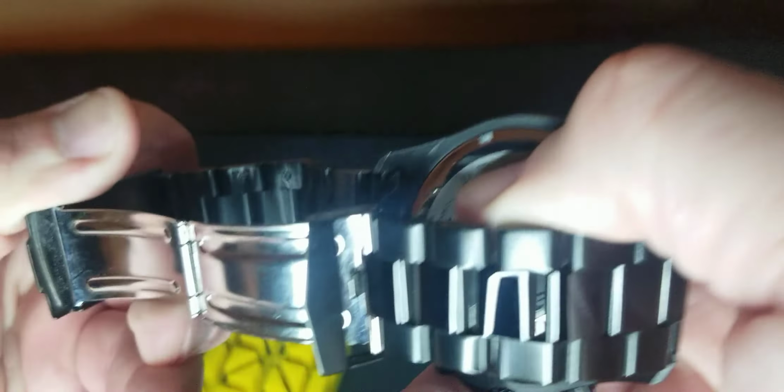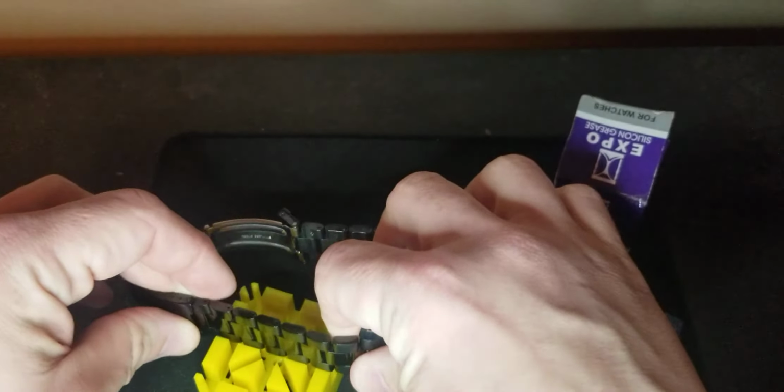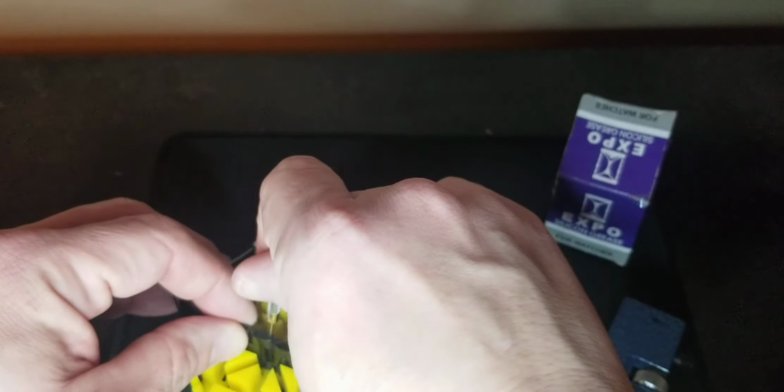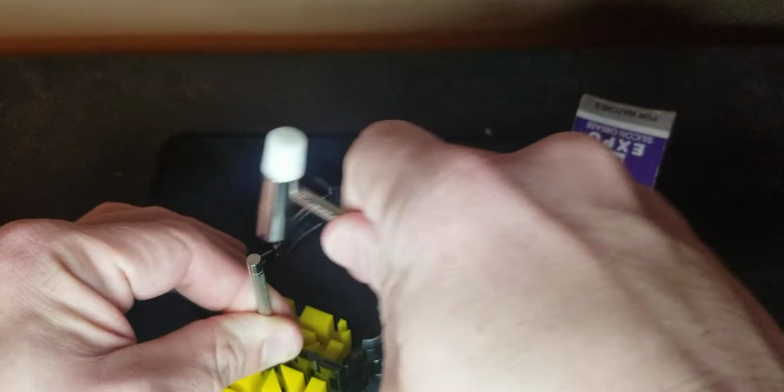But of course, like always, you got to remove the pins. Like I told you, you can see right there the arrow, so that's the way the pins come out. So you want to put it down like that. Yeah, your little pin tool, put it there, get your hammer, boom, there you go. It is out, so you can just reach over and take it,